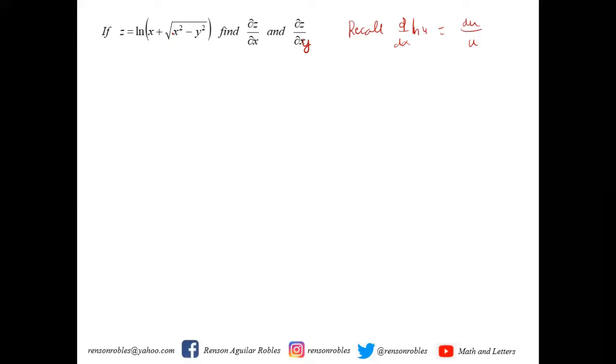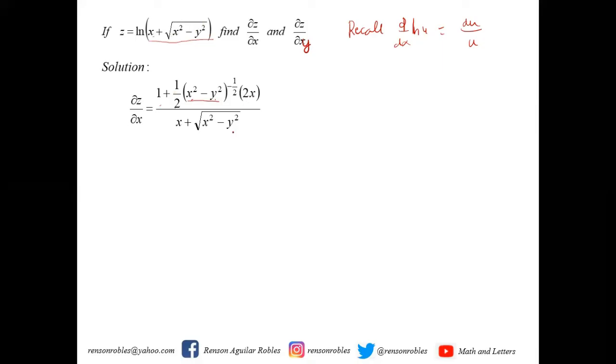So we shall have the partial derivative of z with respect to x is equal to, you just copy u on the denominator. So that's x plus the square root of x squared plus y squared. And then we shall differentiate x plus the square root of x squared plus y squared in terms of x. So the derivative of x is 1. And then the derivative of this is 1/2. Copy x squared plus y squared. Then this is 1/2, the square root. Then you subtract 1, that's negative 1/2, times the derivative of x squared plus y squared in terms of x,